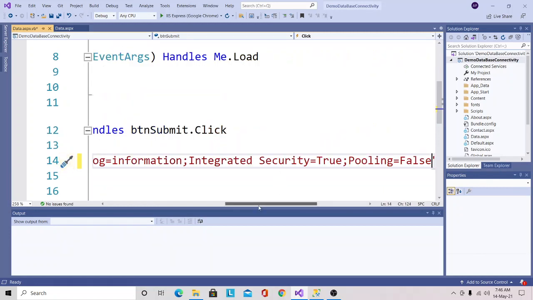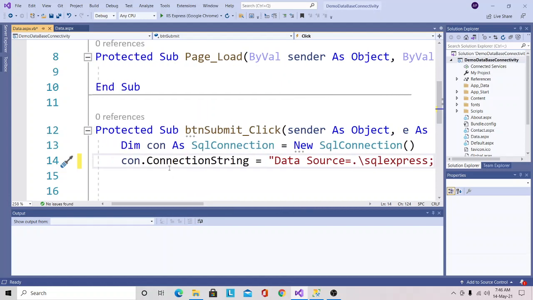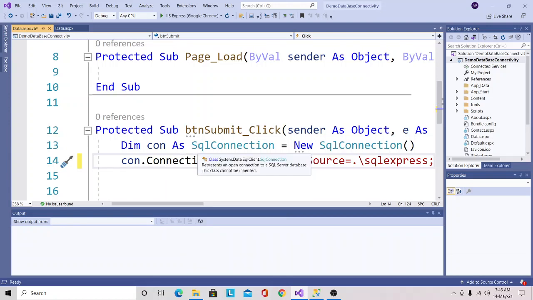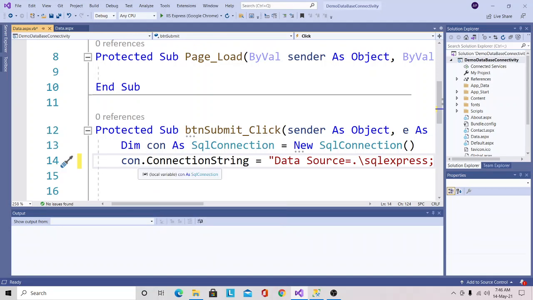Now this connection string value, which is required to establish the database connection, is assigned to the ConnectionString property of the SqlConnection class. I have called this ConnectionString property using the con object of the SqlConnection class.